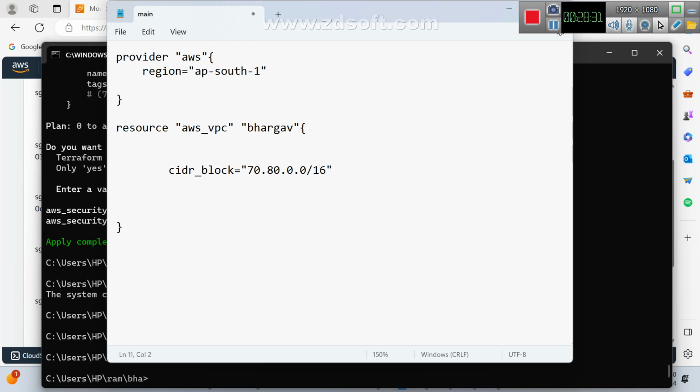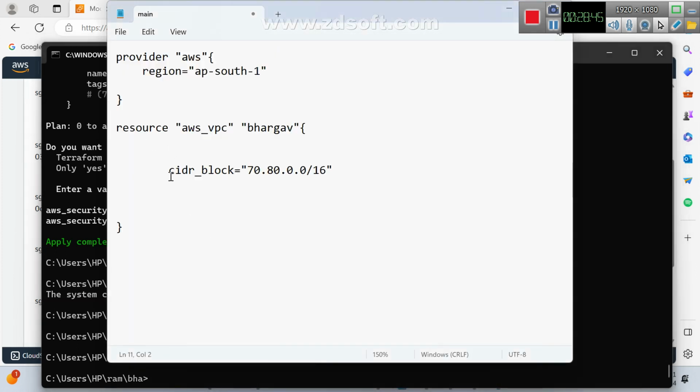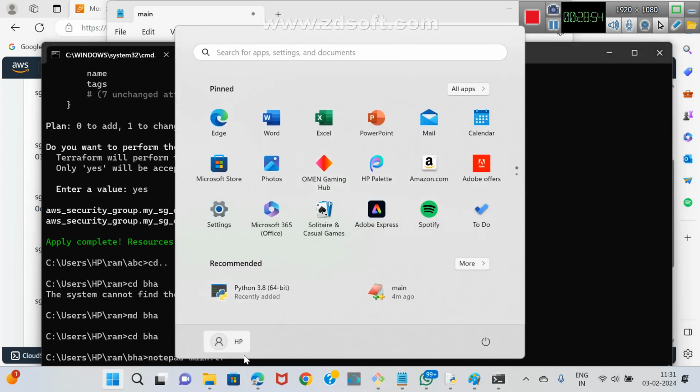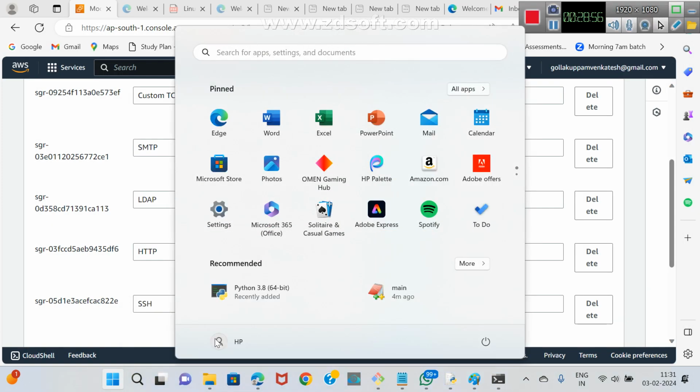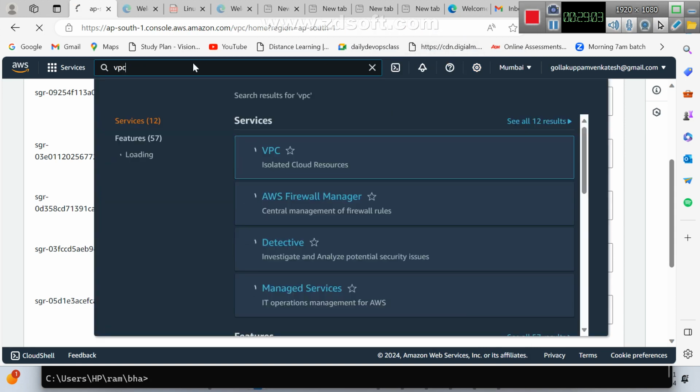And what do we need to take next? First leave this. If you want to work with Terraform import, don't write anything like this. This is empty. Till now clear? Don't write anything. That is the concept of Terraform import. What I need to do is first go to the manual process. Where do you want to go? In Mumbai, there you type VPC first.